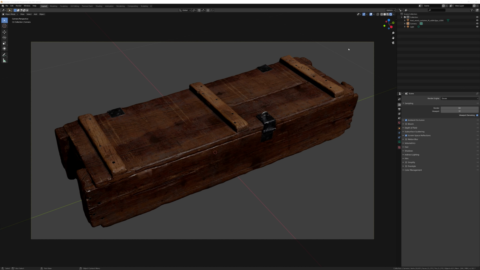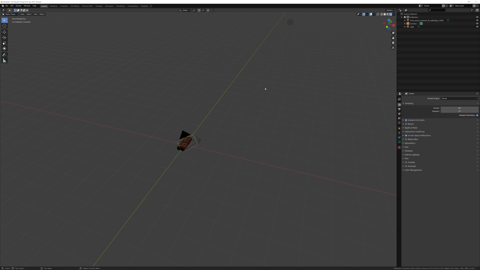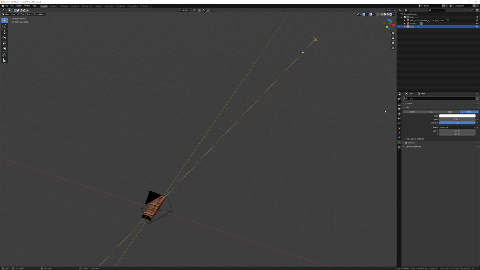Next, let's get our lamp settings all set up. If we zoom out here, we can see that really far in the distance is our very first lamp. Once the lamp is selected, we can go over to the properties panel where the green icon of the lamp is. Select that, and right here are our light options. We have point light, which is the default, a sun lamp, a spotlight, and an area lamp. The area lamp is the lamp that we want to use in this case.